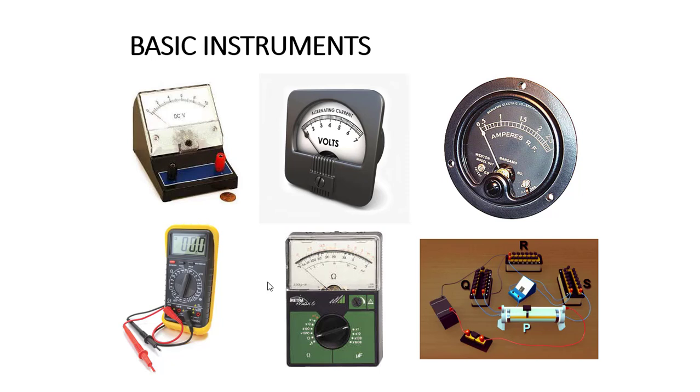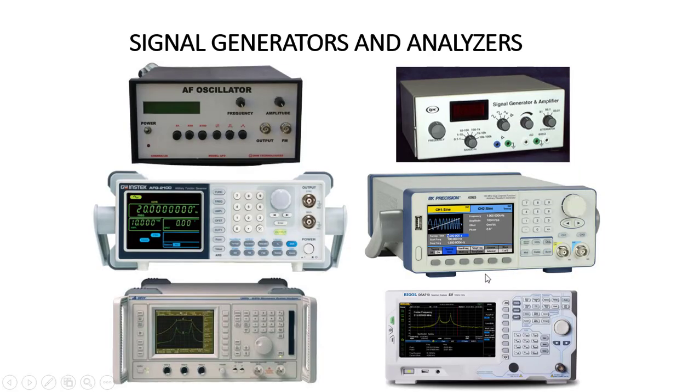And in this course, it starts with basic instruments, different types of electronic instruments. The majority of us are familiar with voltmeters, ammeters, and multimeters, which most of us use in the laboratories, and especially this one, a bridge circuit. We'll discuss that. And the signal generators and analyzers; these are all sources. As we discussed, to test any electronic circuits, gadgets or instruments, you require a source and you require an output or measuring unit or output analyzer. So in this unit, we are going to see both the source and the analyzer that help to test any type